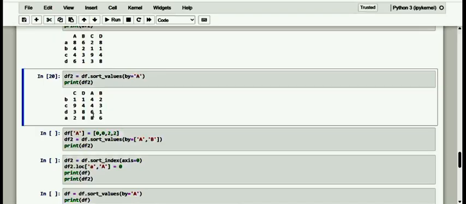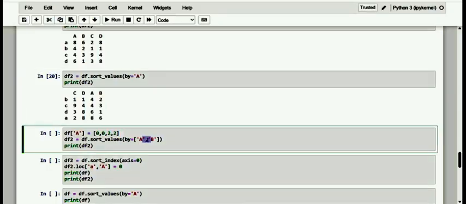The by parameter can also accept a list of column labels. So the sort_values method will first sort the column values corresponding to the first label in the list, then in the context of equal values present in this column, it will sort on the column corresponding to the second label in the list.